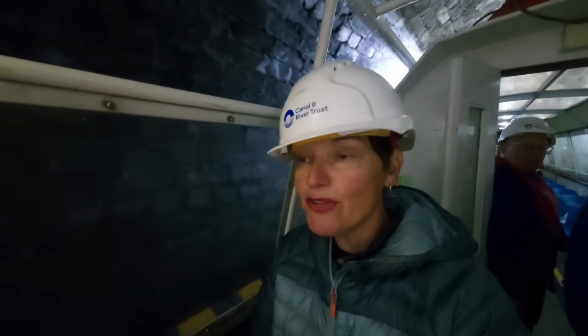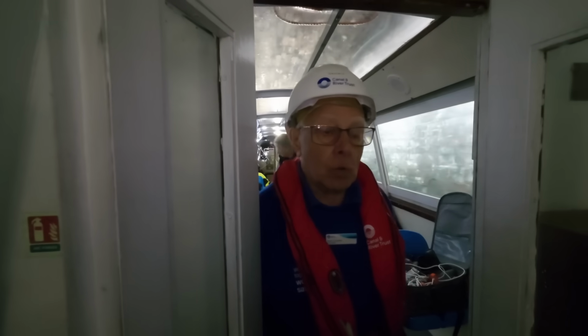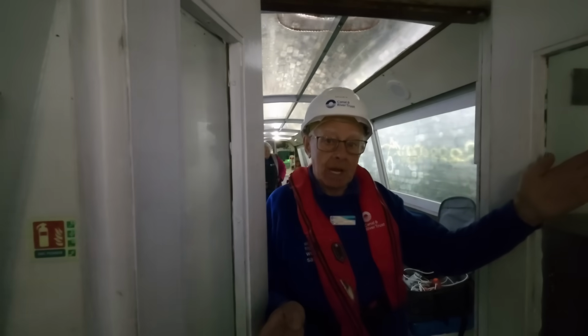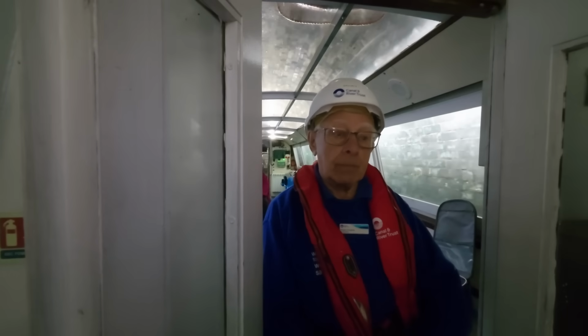So we're just approaching now the first adit, and I'm going to get Stuart to tell us a little bit what an adit is. It's not what you think. An adit is an interconnecting tunnel between our tunnel in the middle here and the disused railway tunnels on the left hand side. Years ago, before we had this communication system, what would happen is on a private boat when